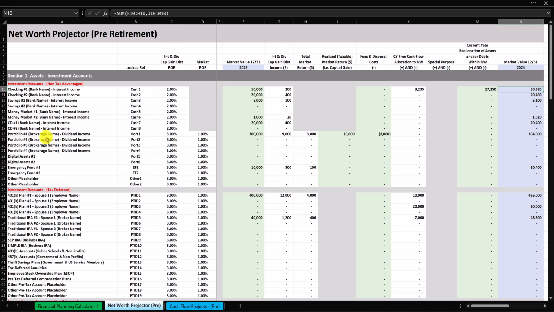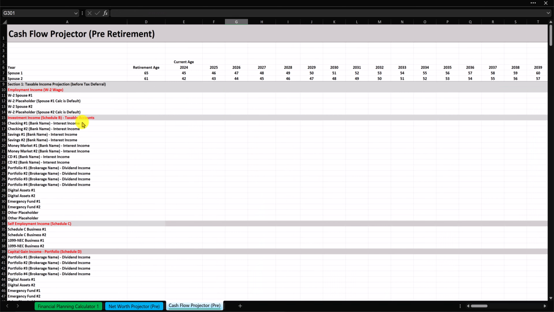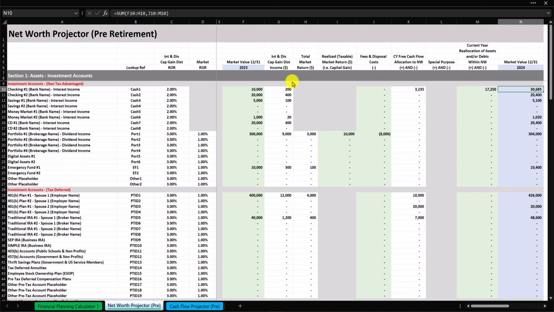And the exact items that are in this list are going to be the same items that are in this list right here. Because if we go back over here, this interest and dividend and capital gain distribution income, which is in the list right here, is going to be a taxable item each year that is included in the projector. So after we determine what the actual or projected amount is going to be within the net worth calculator,